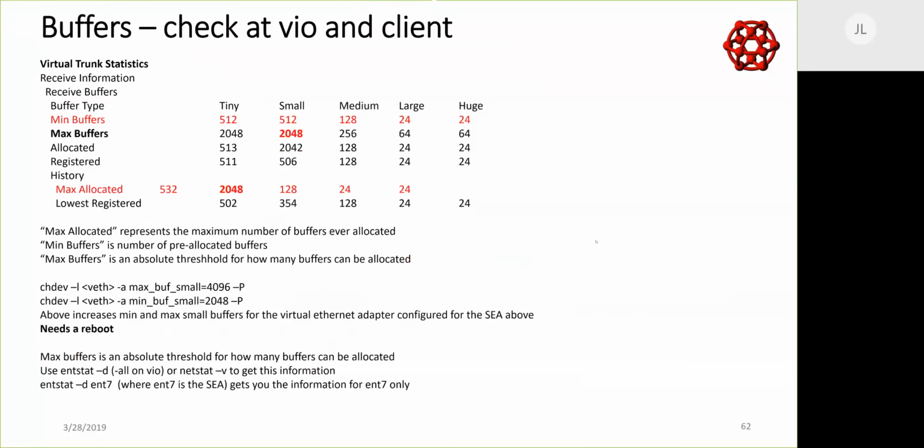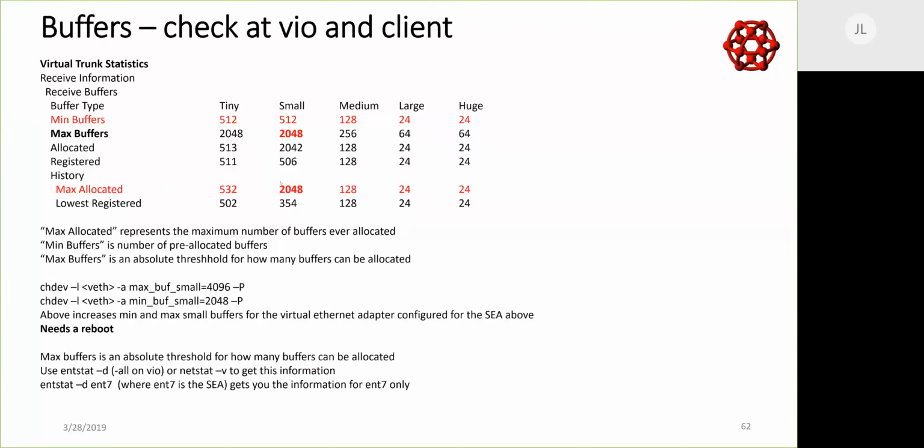So you'd scroll down to each of your virtual Ethernets and look at your virtual trunk statistics. And in those virtual trunk statistics, what you're interested in is minimum, maximum, and max allocated. So if my max, I meant to fix that, that's actually offset. Let me see if I can fix that. There we go. If my max allocated here is 2048 and my maximum is 2048, that means I ran